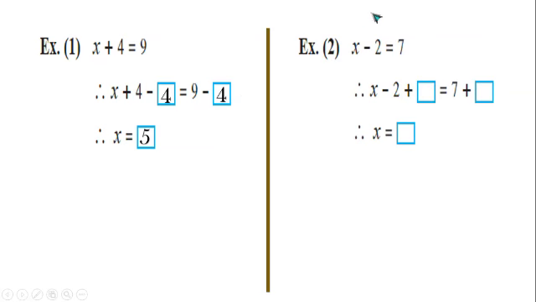Let's go to the second example. It says x minus 2 is equal to 7. The same way, I don't require minus 2 here towards the LHS. So, here again, I'll take the opposite sign, that is plus, with the same number towards both the sides. That means I'm going to add 2 to both the sides. After adding 2 to both the sides, I get my equation as x minus 2 plus 2 equal to 7 plus 2. 2 and 2 get cancelled. In this way, I have x is equal to 7 plus 2, which becomes 9.